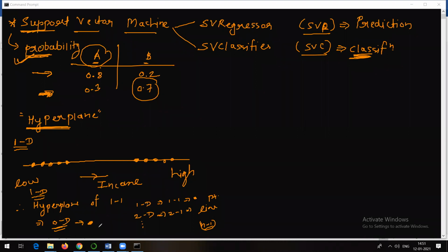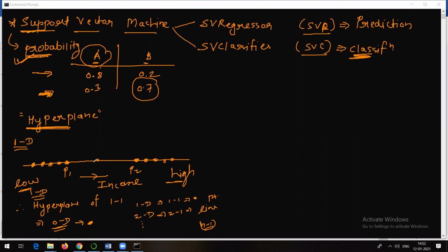So here our problem is classifying people based on their income, whether the income is high or low. As we want to classify people based on their income, whether they come in the class of low income or high income, maybe suppose this is point P1 and this is point P2. With the help of a point I can try to divide this particular data into two parts. Maybe I can take this point, or maybe I can come up with a point here.